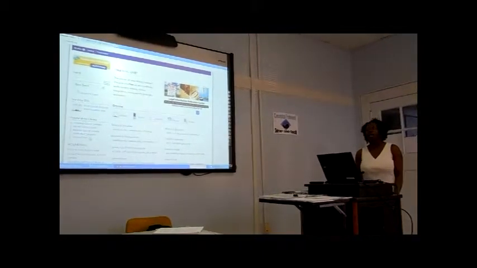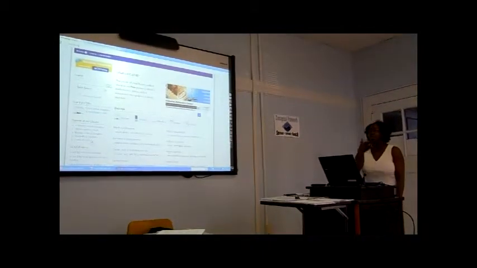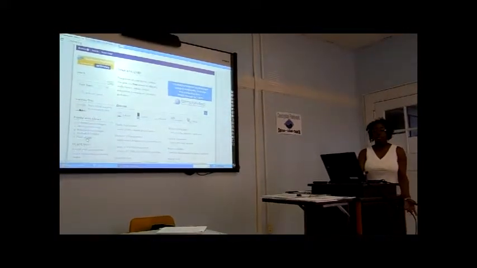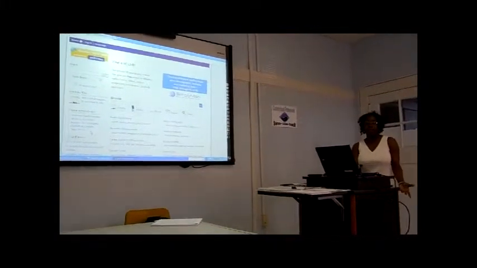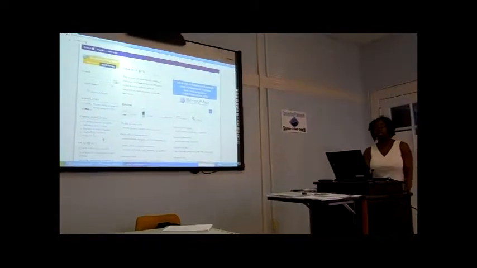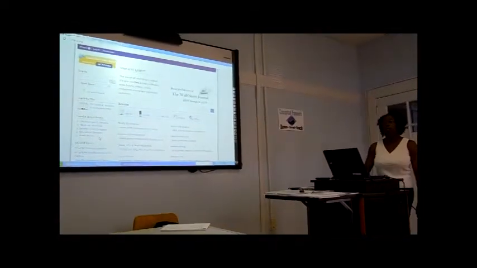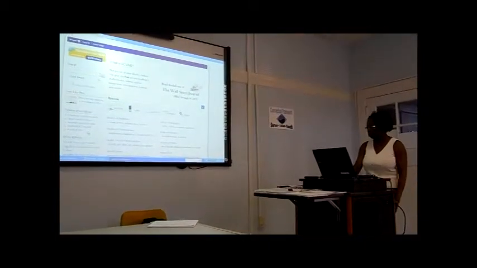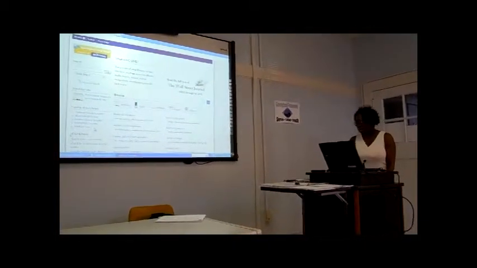We go on it a lot, but they're always changing things, so that's when we come and share it with you guys. But I can see now here, Points of View, that's one of the sites that is now popular, one of the databases now popular at the library, probably because a lot of people are now accessing it. They saw how helpful it was for their project. But what we're going to look at